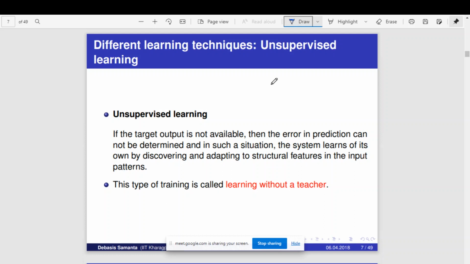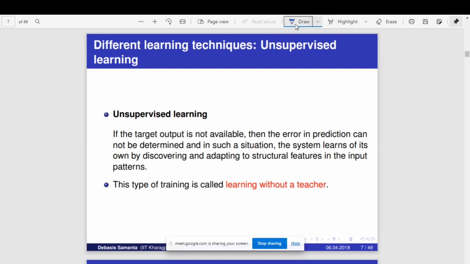This is something like a child learning by itself without anybody's guidance. You can say that as an example. Still the child can understand the difference between things, and the child can categorize things. Such type of learning is called unsupervised learning. Then what does unsupervised learning do? You may ask this question. What unsupervised learning does in the sense